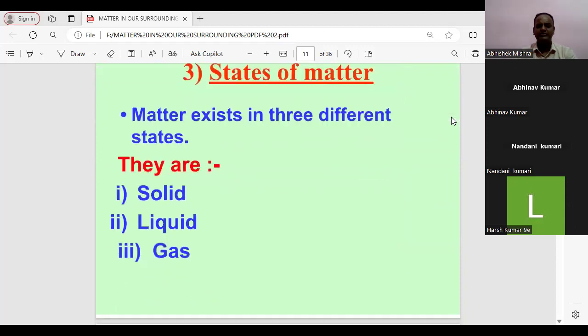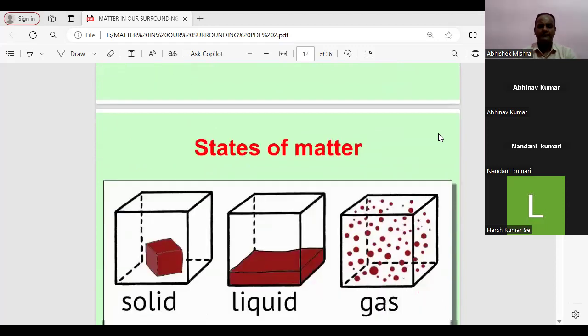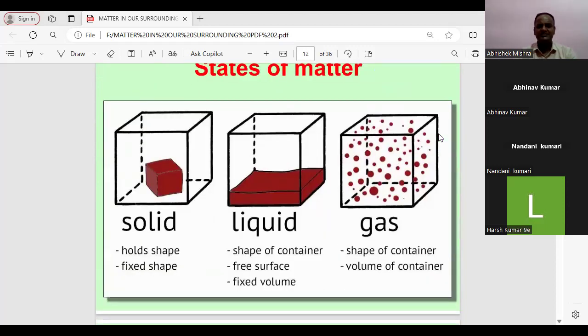Next, students, the three states of matter. We have the solid, liquid, and gas. Now, let us have the discussion with the properties. Here, in the first image, it's a solid, second image, it's a liquid, and third image is the gas. Definitely the solid holds shape, it has fixed shape, but liquid takes the shape of the container. It has a fixed volume, definitely, and gas also takes the shape and volume of